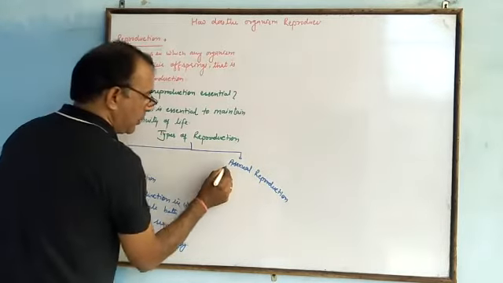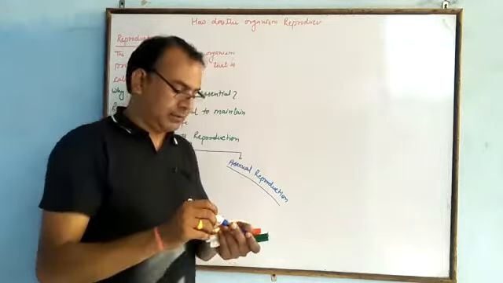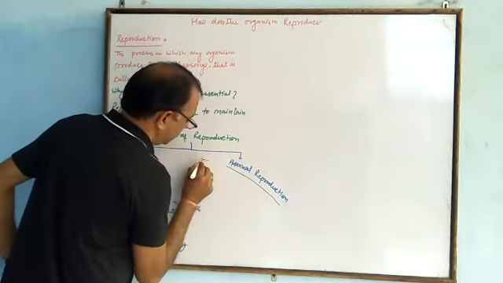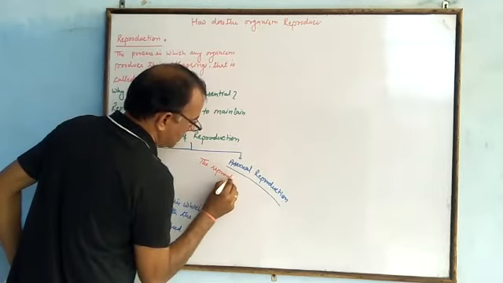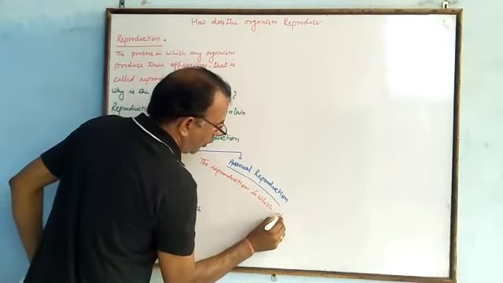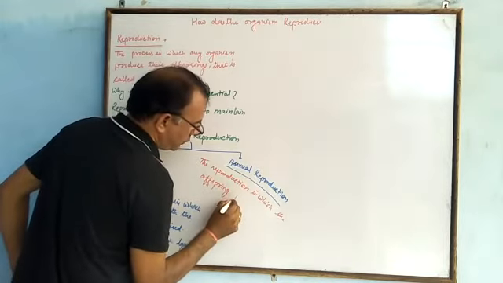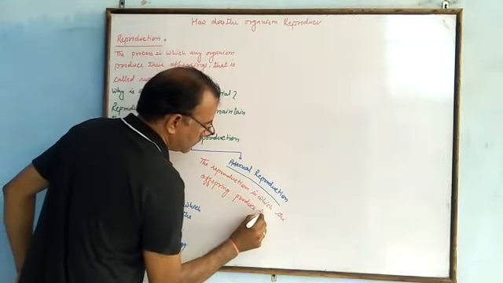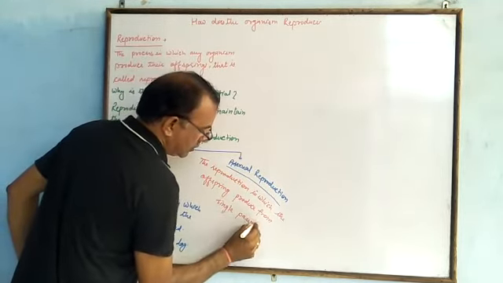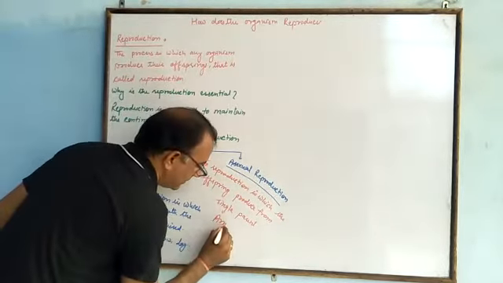Asexual reproduction, the reproduction in which only single cell, only one organism produces their young ones. There is no requirement of male and female. The reproduction in which offspring is produced from a single parent. There is no requirement of male and female, both two types of organism. For example, amoeba.